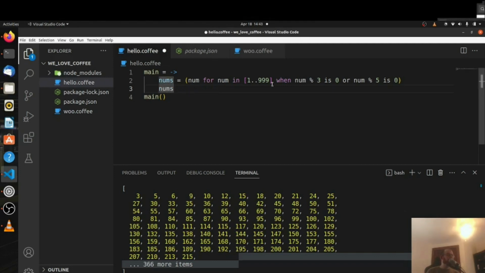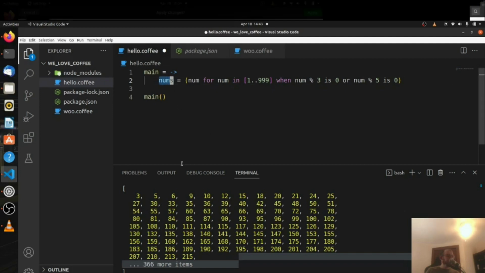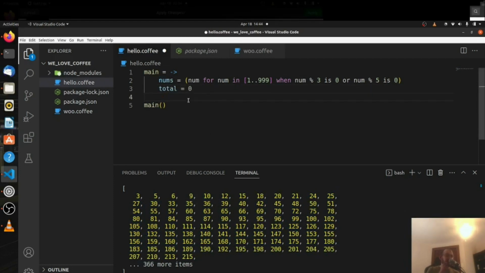Now what we want to do is take our list of numbers that we have stored in here and find the sum of all multiples. So now we need to add this entire list of things together to get our total. This might not be the most efficient way, but it definitely works. Total equals 0, and then we can say total plus equals num,